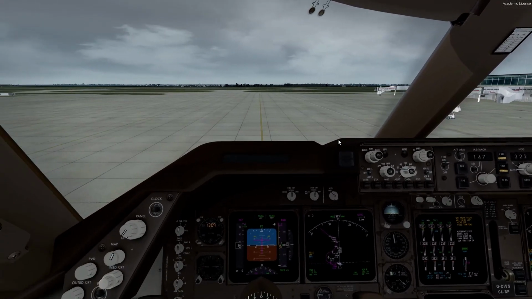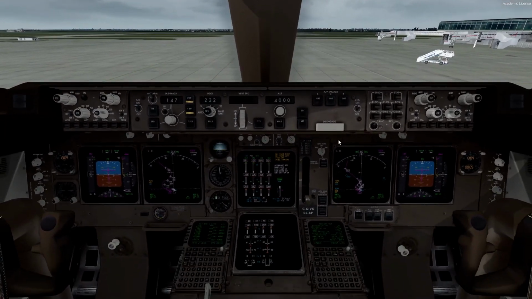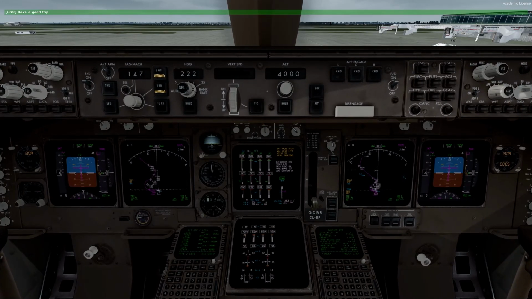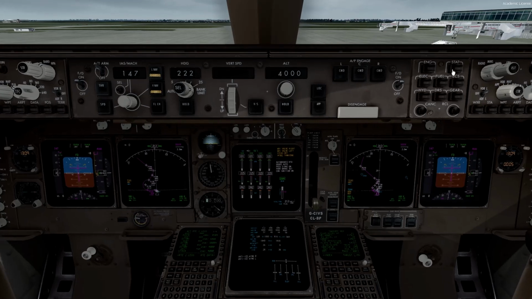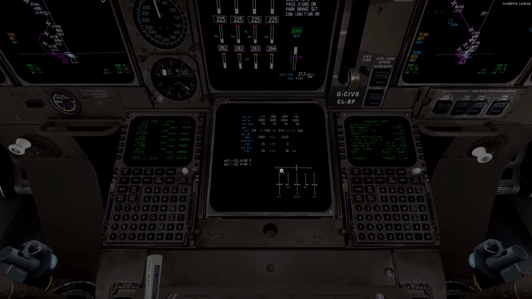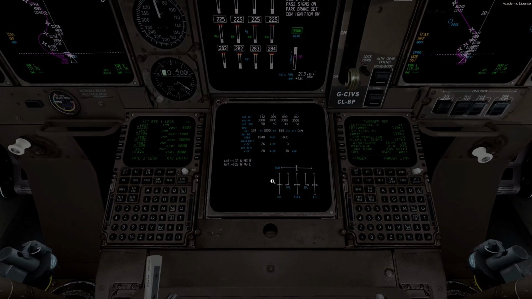So at this point we can do the flight control check, which is checking our flight control surfaces have full travel to either side and that they go back to the neutral position once we have basically stopped manipulating them. So we go to the status page here. We can see a nice overview of our flight controls. So we want to go the ailerons, the spoilers, the elevator and the rudder. So the ailerons are